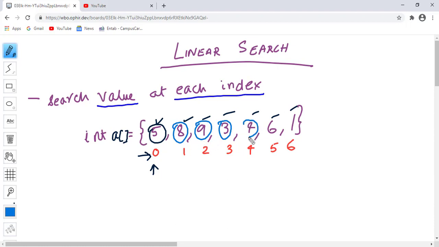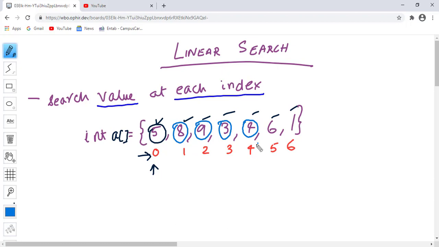Now at index 4 I have got the data item 4, so this 4 is equal to my search item 4. So I can say that the item we are looking for is present at index 4, or position 5.